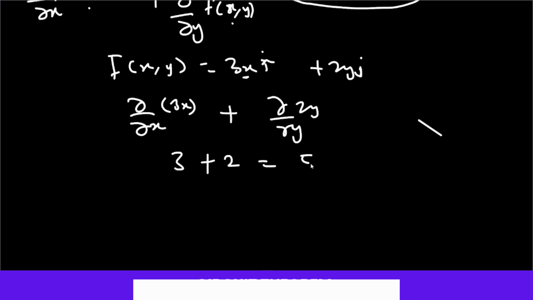It means that here, we're going to get everything to be 5. Okay. Similar, let's take another example. So this is the same example which is closer to what we did. So f of x comma y is given by